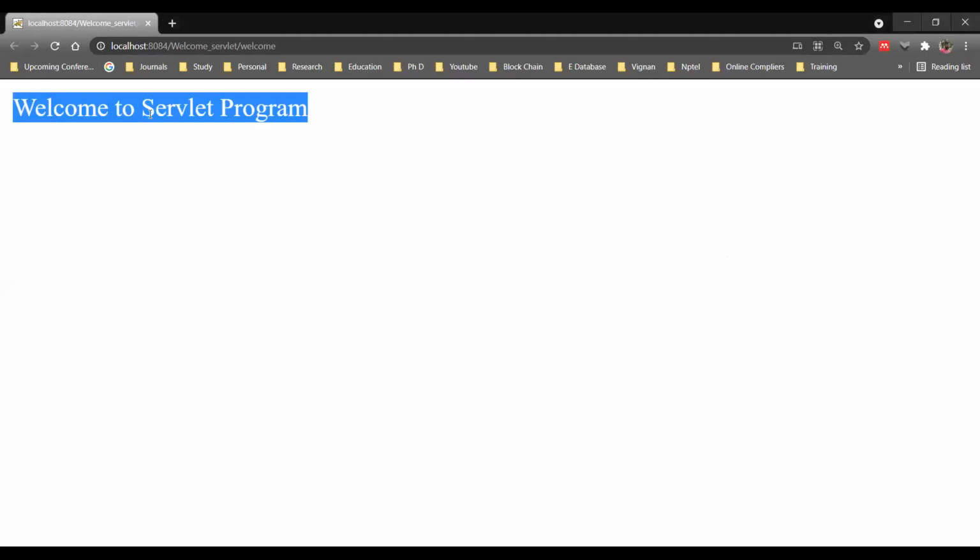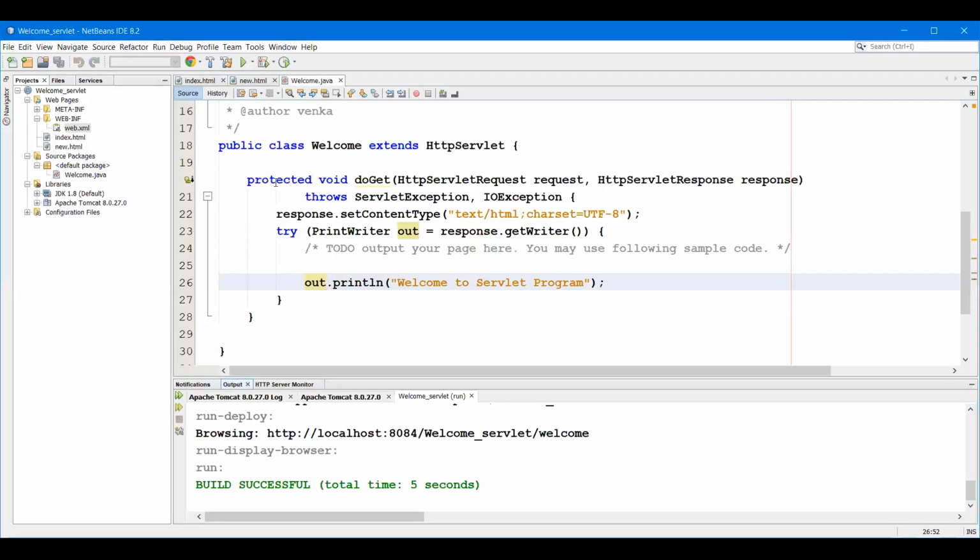Now our aim is to invoke this servlet program with the help of an HTTP request. How are we going to give this HTTP request? We are going to give it by clicking a button or by filling in a form in HTML. So we will go to our HTML code.